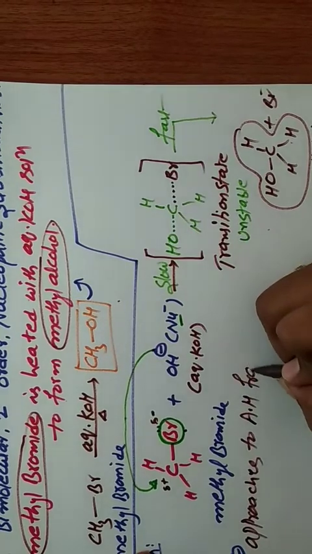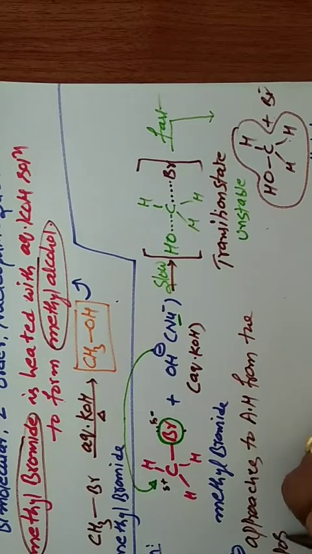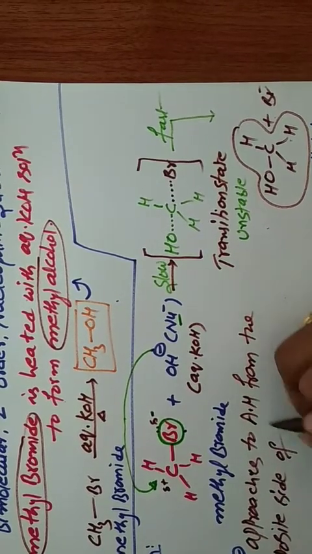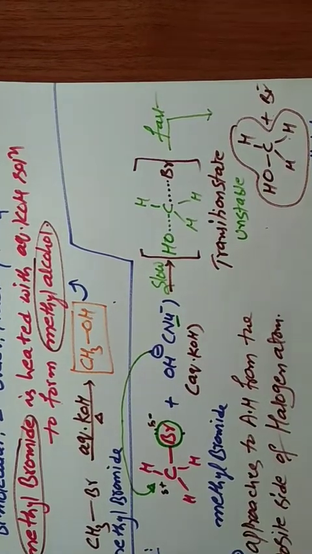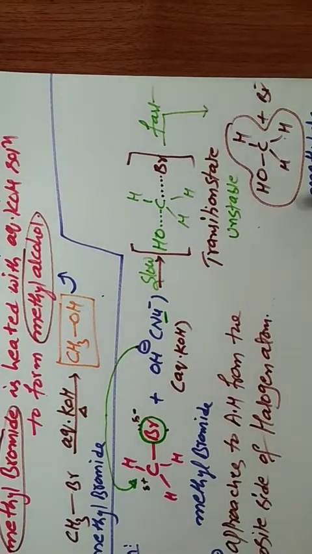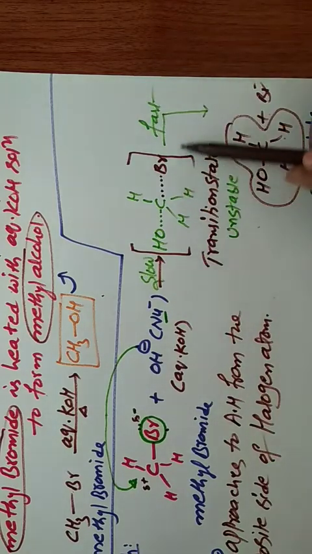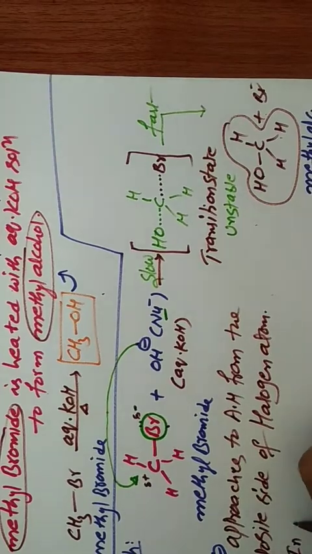Then what type of product do we get? Here in the alkyl halide, bromine is on the right side. After completion of this reaction, the OH group is on the left side. That means we get the completely opposite configuration. So in SN2, a Walden inversion compound is formed, named after the scientist Walden.